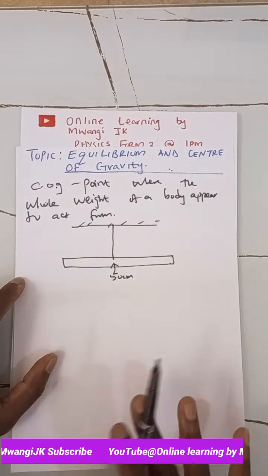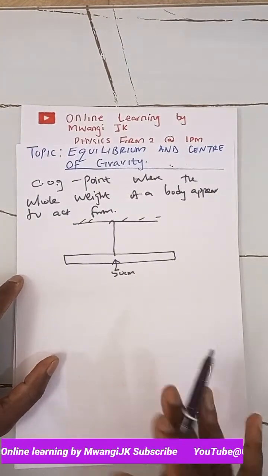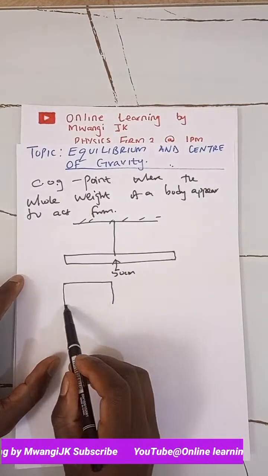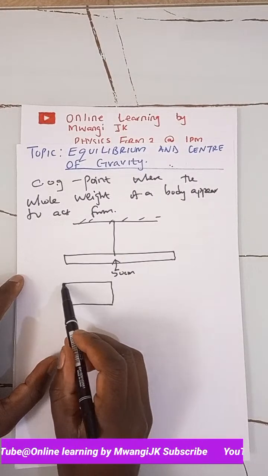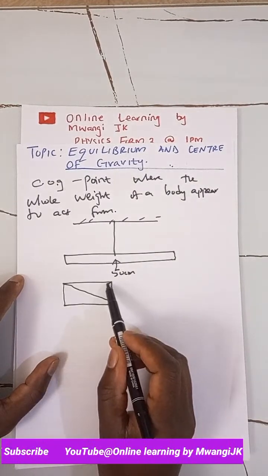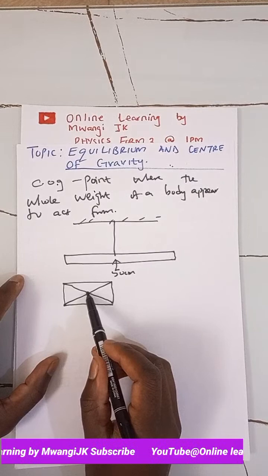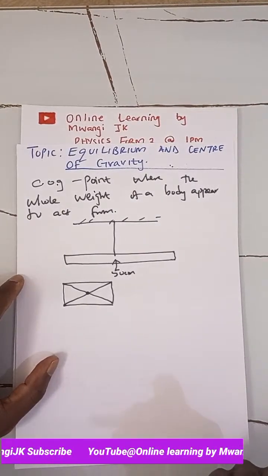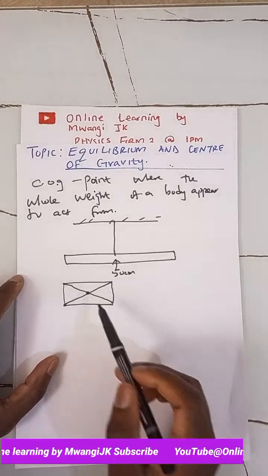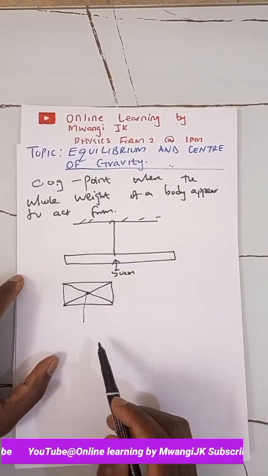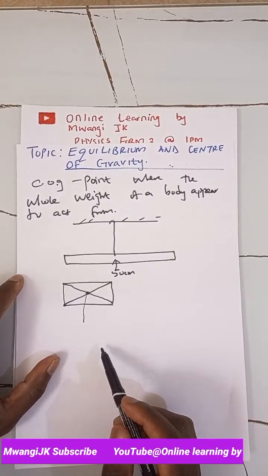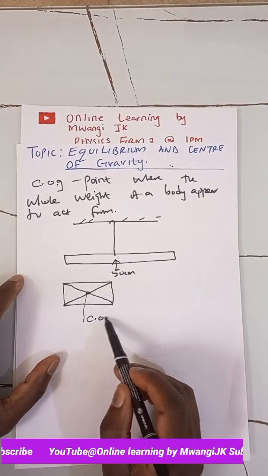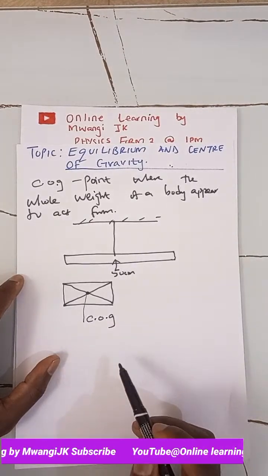So if we have again a rectangular piece of wood, and you join its diagonals using a ruler, where the diagonal meets, you try to balance that using one of your fingers or a pen. You'll find that the piece of wood would balance, and therefore it means that is the center of gravity, or the COG, of